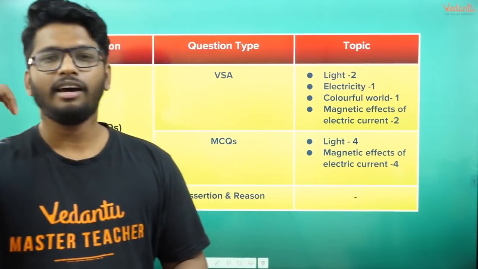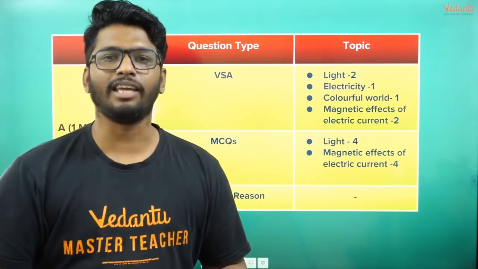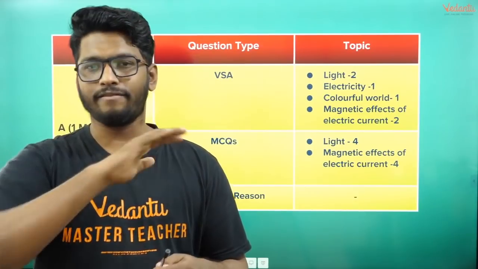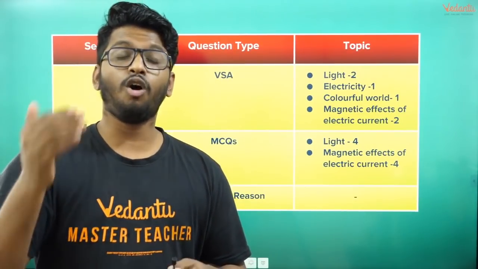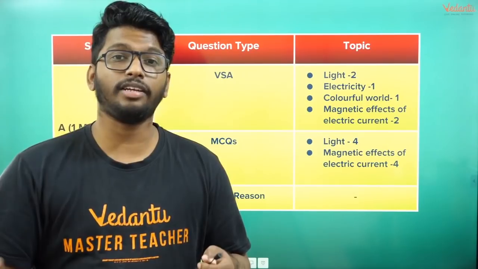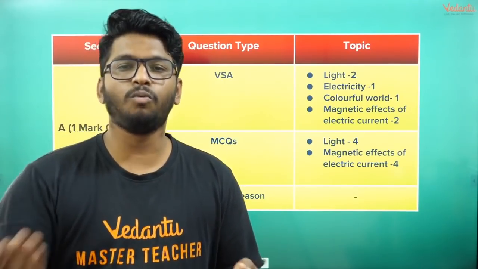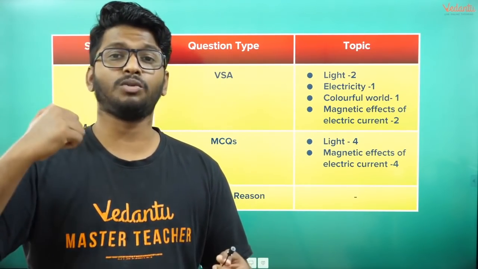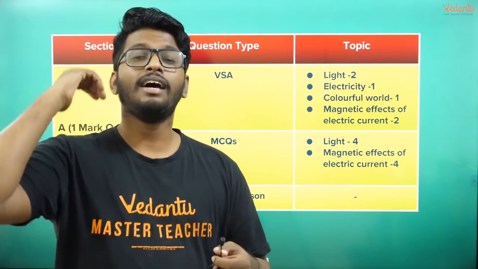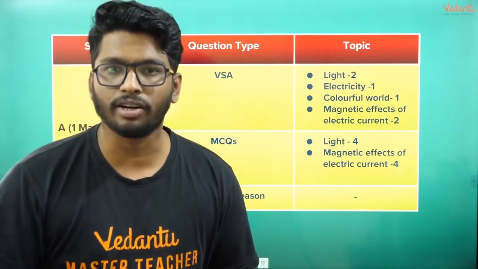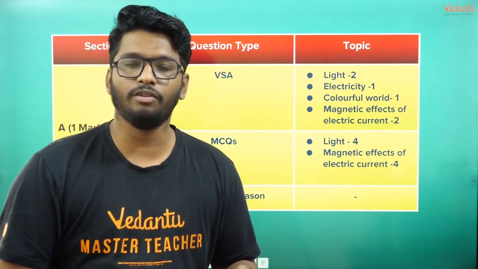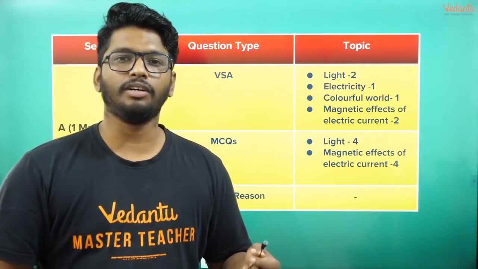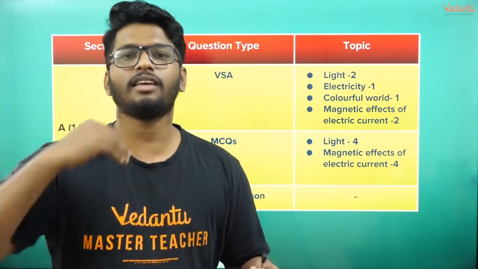to talk about the topics that you have to focus on in light, learn the ray diagrams. You know that it's very, very important. Learn all the ray diagrams of both mirrors and lenses, know each and everything about it. Know what a ray of light does when it's parallel to the principal axis, and after reflection, what happens to it? When it passes through focus, what happens to it? When it passes through the center of curvature, what happens to it? Learn all of that. That's very, very important. All of those would definitely help you fetch some marks. Then learn about magnification, or learn about the power of the lens, everything.